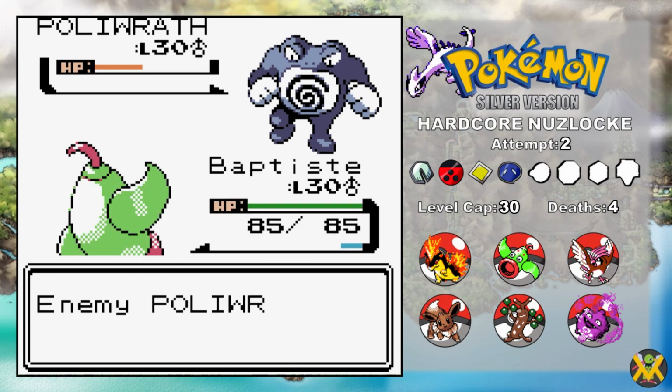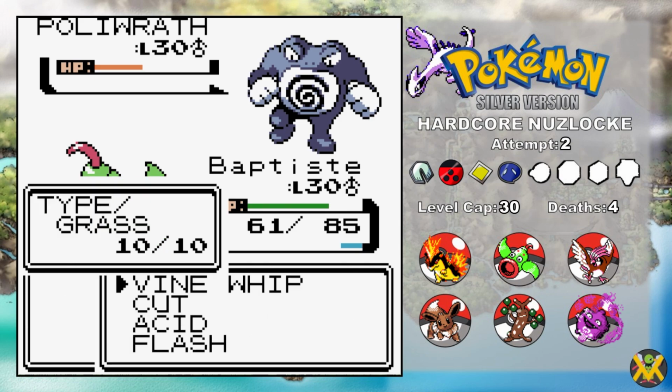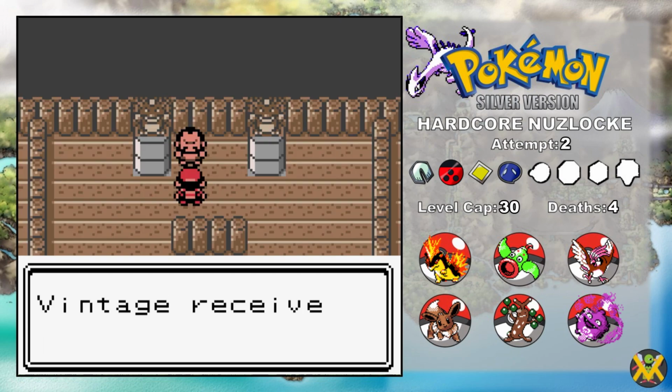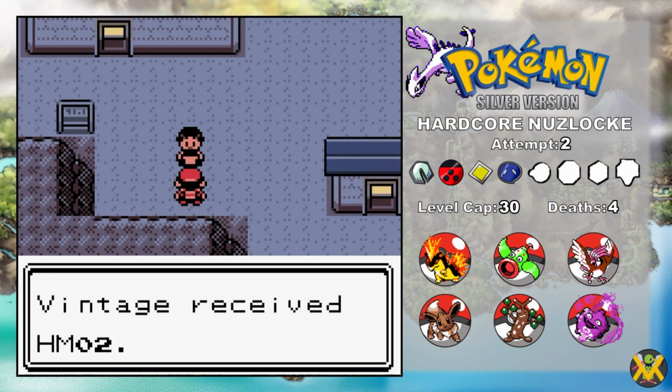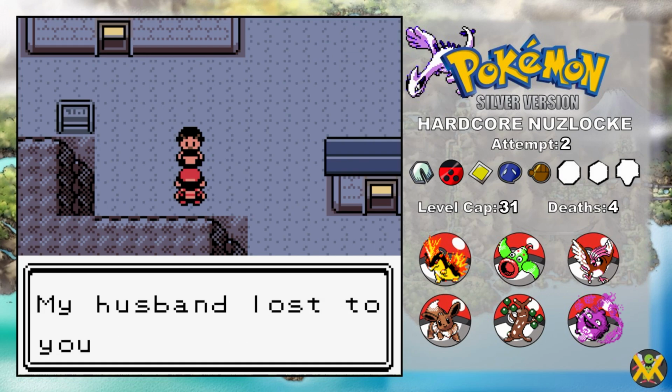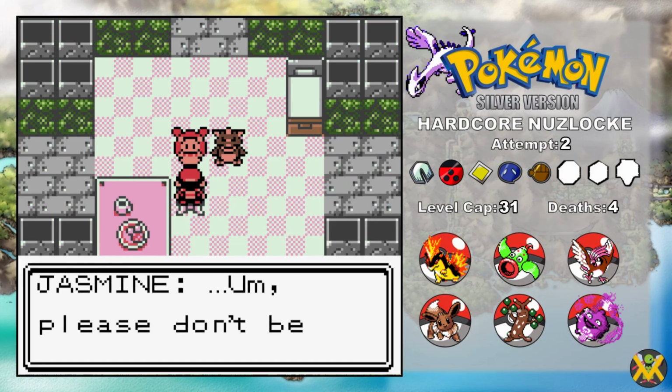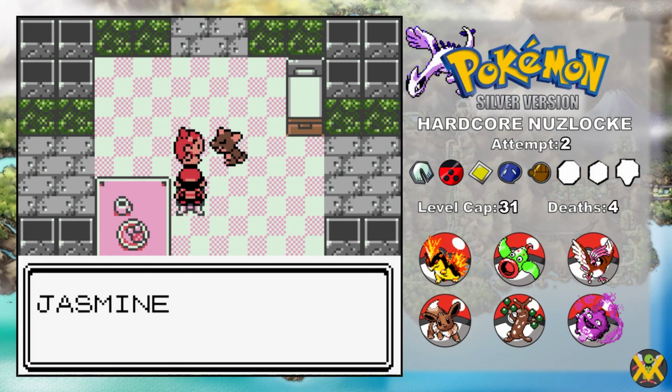We then send out Baptiste on a pretty weak Surf before we dodge a Dynamic Punch and a Hypnosis, so a few more Vine Whips can take him down and win us the Storm Badge. We pick up the HM for Fly from Chuck's wife, who calls him overweight, completely unprompted. Ouch. With this, we can fly back to Olivine to cure Ampharos, allowing Jasmine to go back to the gym